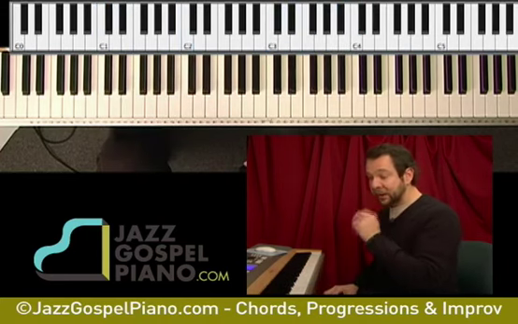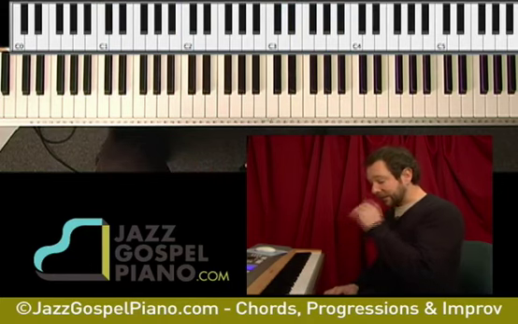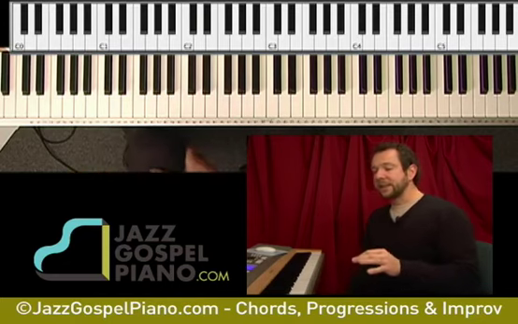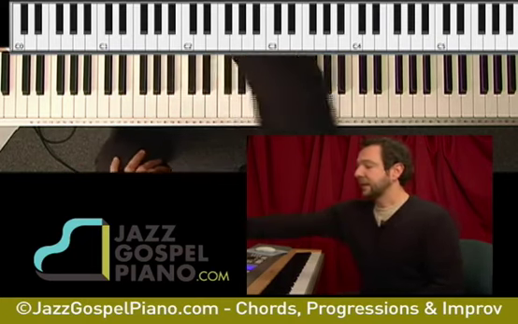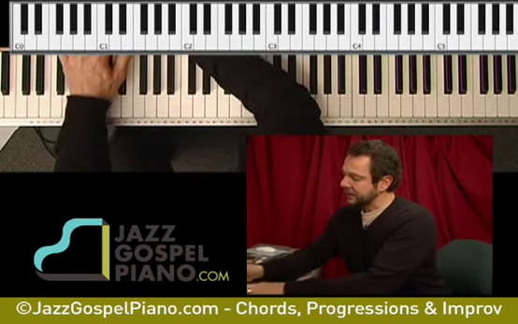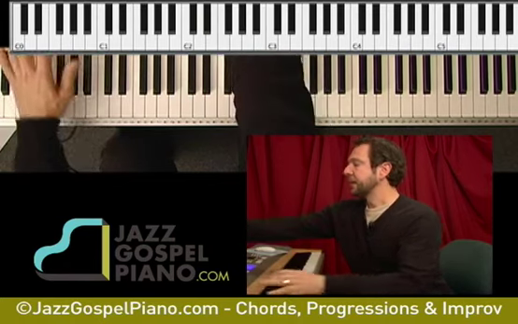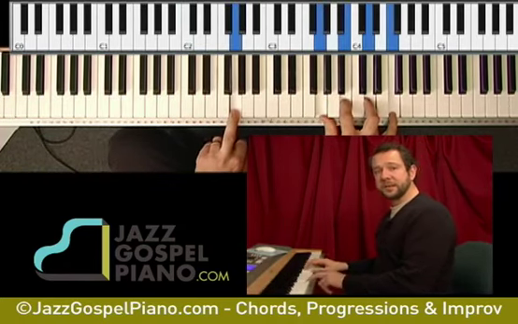thing that we want to think about is our dominant motion, okay? Now, let me pause here for a second and talk about dominant motion, and then we will go on to the slash passing chords in the next unit, because we really want to make sure we get in that dominant motion first. Now, dominant motion, you know, when we were talking about diatonic seventh chords, I had said the